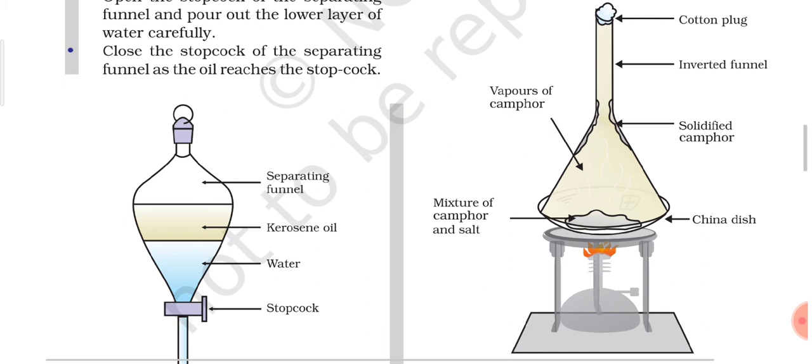Now this topic is very important, and that is why I am explaining everything in detail. It is because you may get a lot of questions based on these topics. So try to understand the diagram, try to understand different methods, techniques, and different apparatus for different natures of mixture. So this is about the sublimation process, which is very easy to understand. You just go through it once again. Not much is given here in detail, but with the help of the diagram, you can understand each and every point clearly.